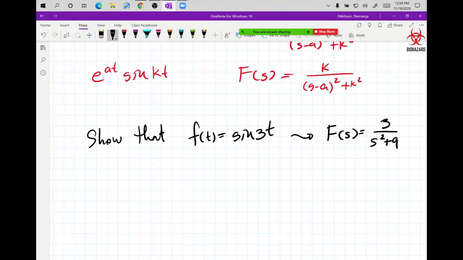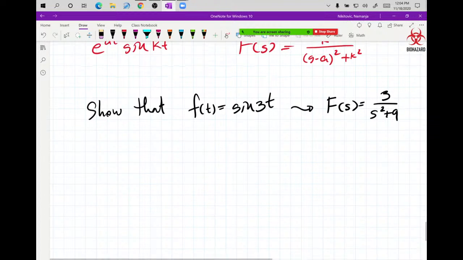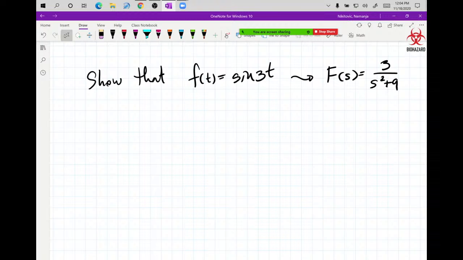So this is your exam question. You have the answer, right? So you are graded on the steps in between, which is that integration by parts and all of that stuff that is happening in the transformation itself. So you start with the integral from 0 to infinity of e to the negative st times sine 3t dt. So this is where you start, and now you go and you grind through the entire